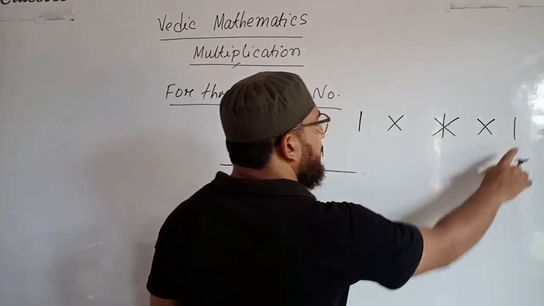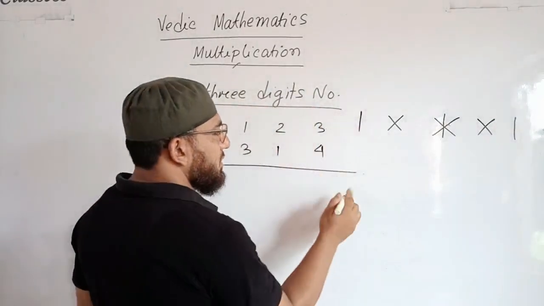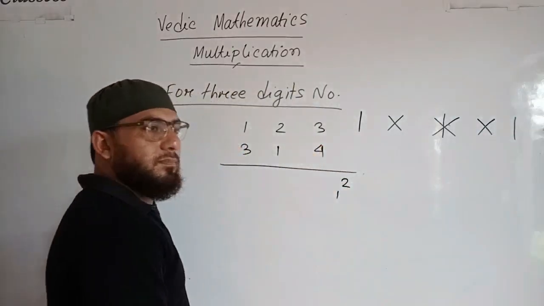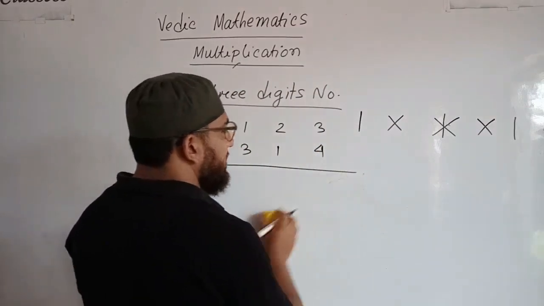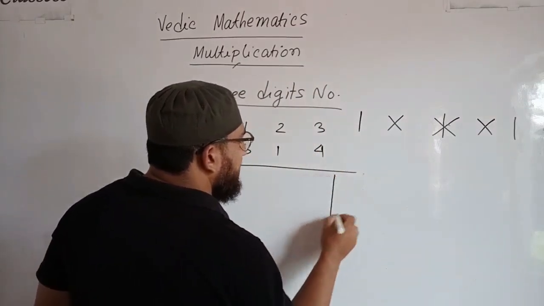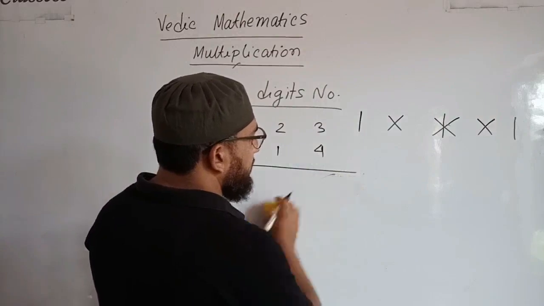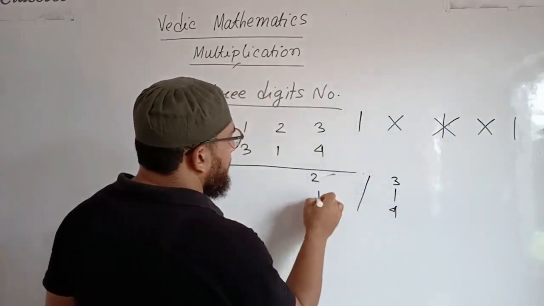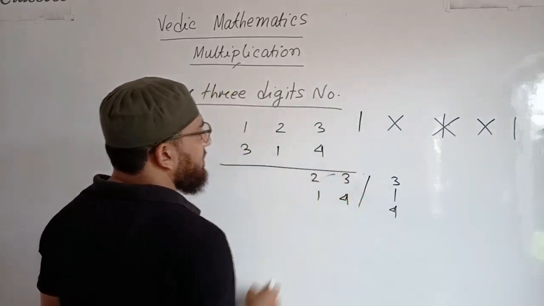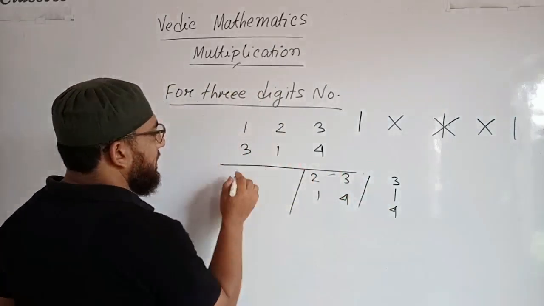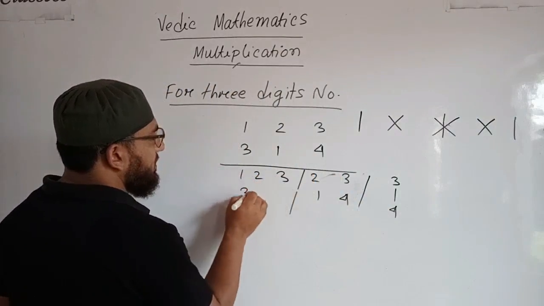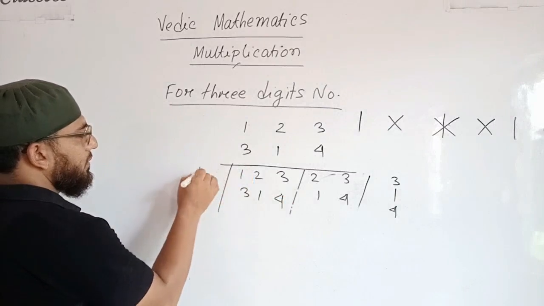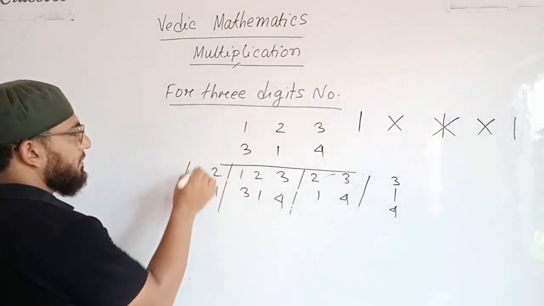So first, vertical: 3 4s are 12, and carry is 1, right? Okay, first one, write explicitly so that you can do it easily. Right here 3 4, then crosswise, for crosswise 2 1 3 4, then for vertical with crosswise the whole digits, and then crosswise, then vertical.